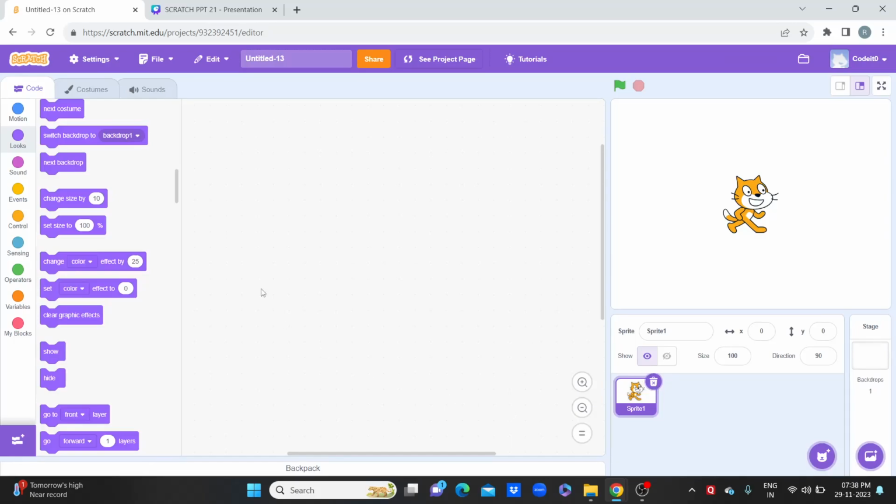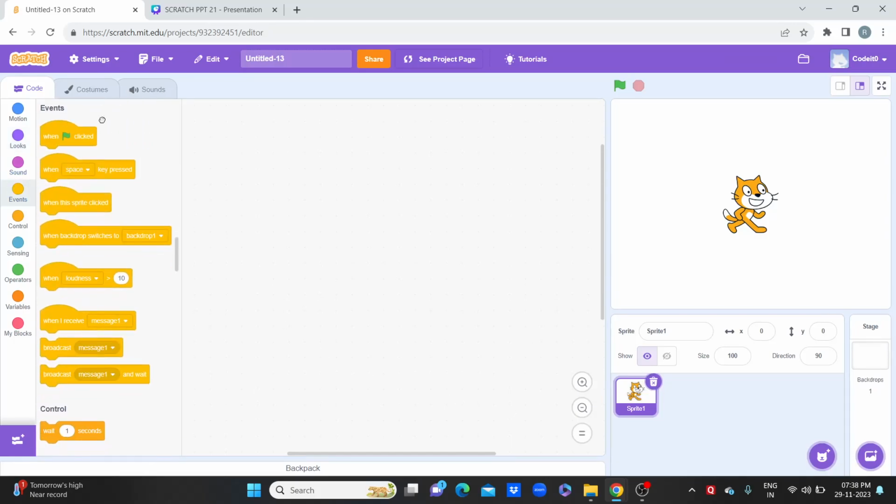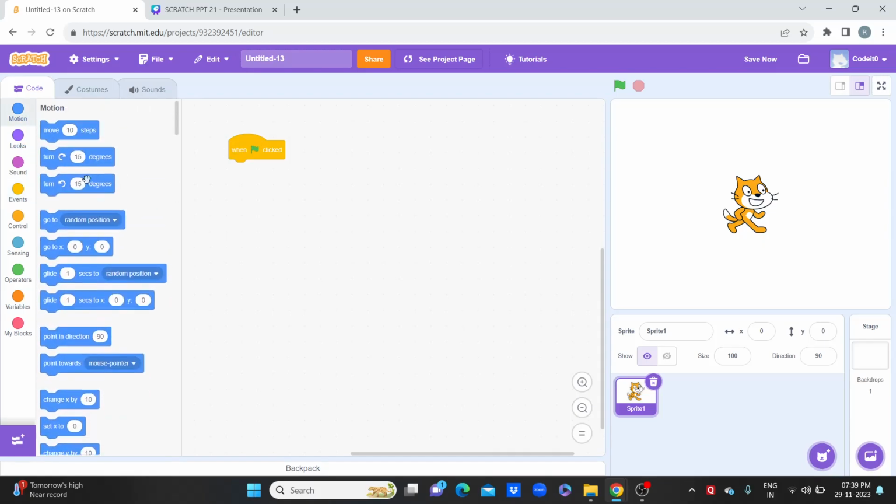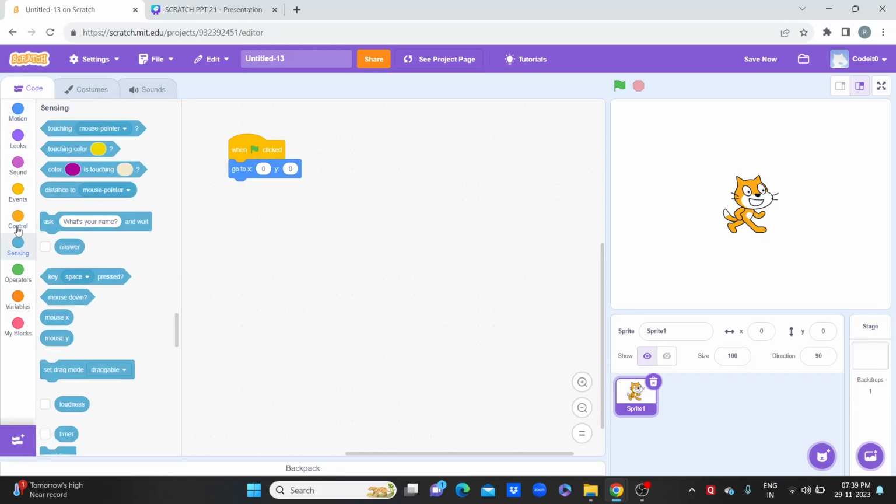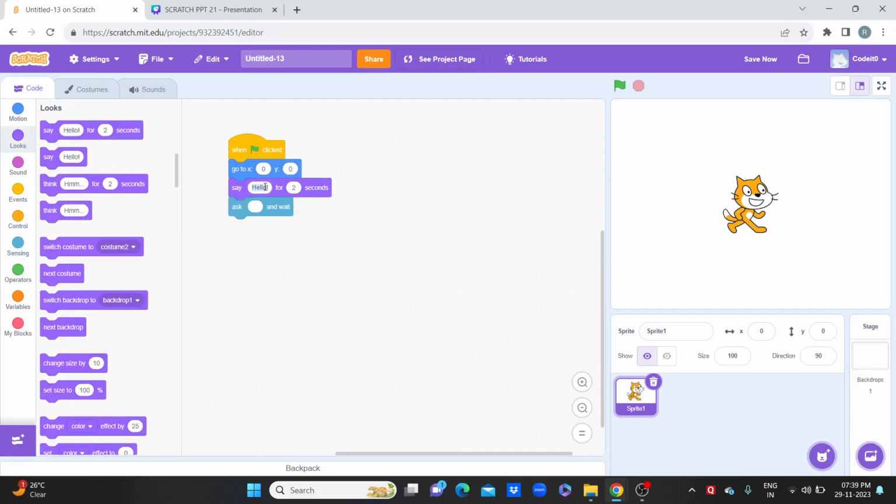Now I'll teach you how to create a quiz, for which we learned the ask and answer block in sensing. Okay? Now we can say first when the green flag is clicked, I can keep this as the position. This is fine. And we go here in sensing and we can ask, we can create a maths quiz actually. Let's write: Welcome to math quiz. This way you can create any kind of quiz in Scratch. Now first question is what is